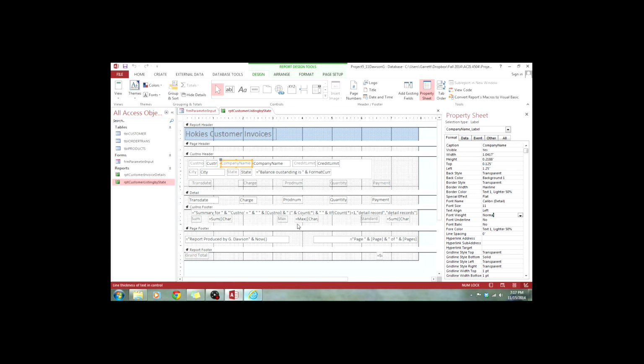Everything else is just going to be regular weight, which is literally normal. It's the same thing. I'm probably going to go through and do it to every one of them, but to reduce such a methodical video, I think that's about all I'm going to do, because I think that's all the formatting you're going to need. So I hope that helps. And this should actually wrap up the entirety of Project